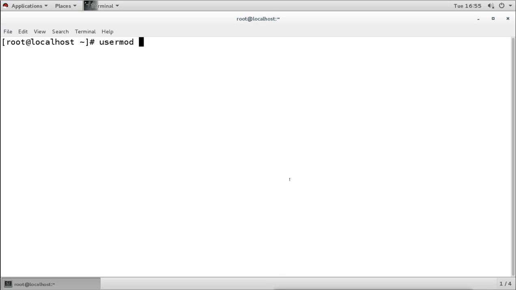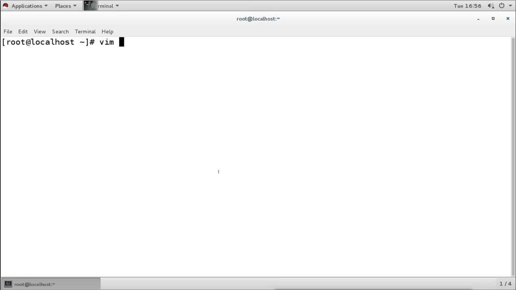Now for the existing user, with the usermod command, we can do some more things. For example, we can use the -l option. What will this -l option do? It will change the login name for the user account. Suppose we have created some users.